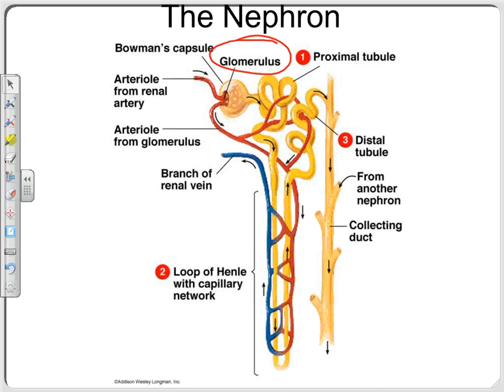In tubular secretion, waste from the blood vessels is pumped, actively transported directly into the distal convoluted tubule. And mostly the thing you need to know about there is it's H pluses. So if your blood is too acidic, your body in step number 3, tubular secretion, will pump H pluses from the blood vessels into the distal convoluted tubule.